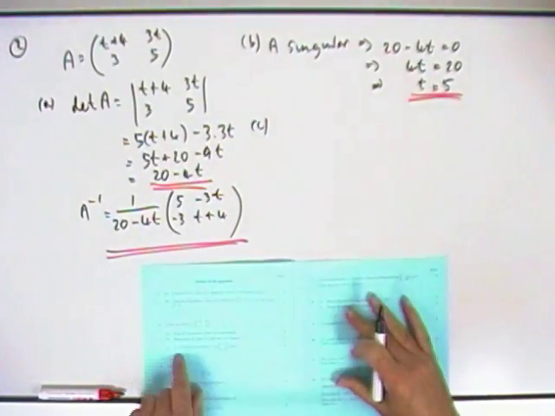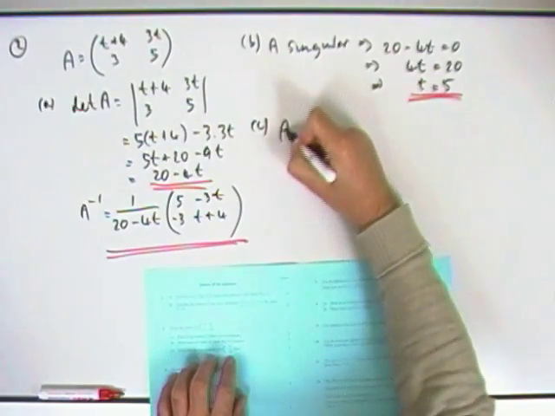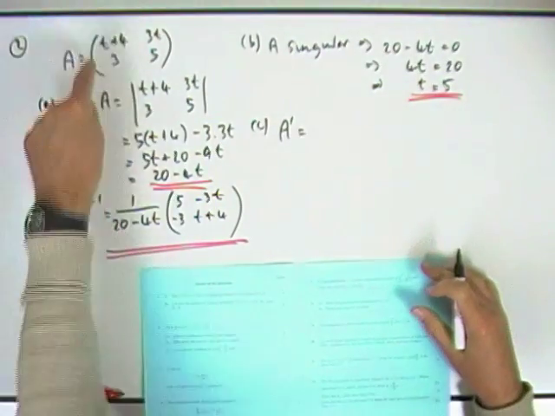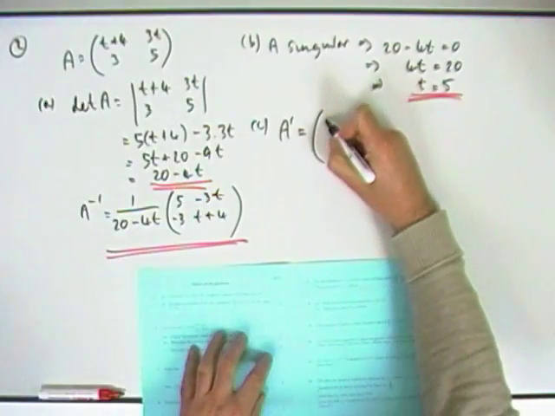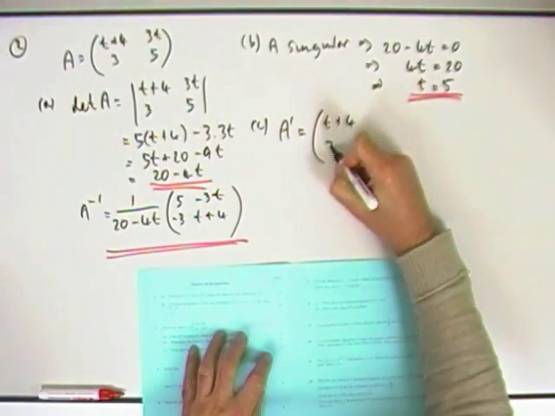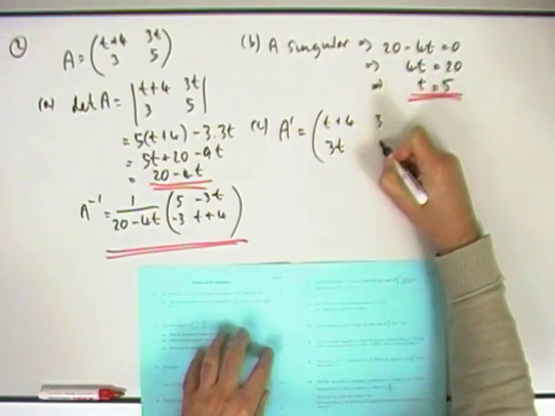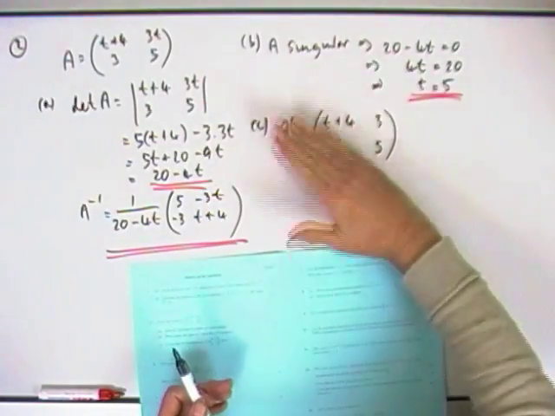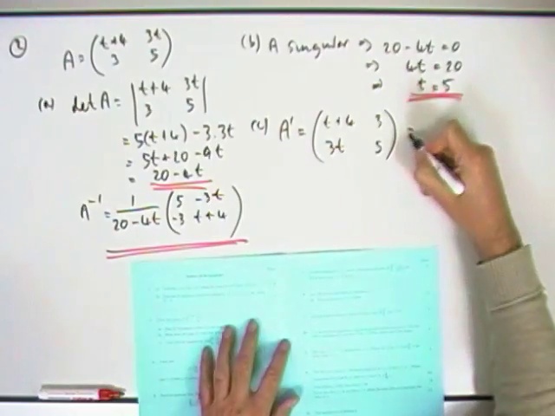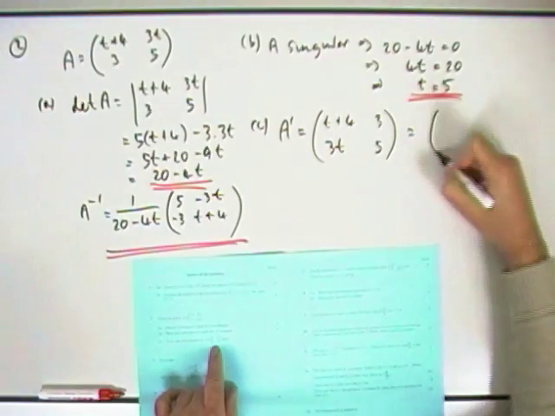For part C, given the transpose of A. Right, the transpose of A means to interchange the rows and columns. Make the first row into the first column, and make the second row into the second column, which is just the same as flipping it over the main diagonal. It says the transpose of A is equal to this thing,